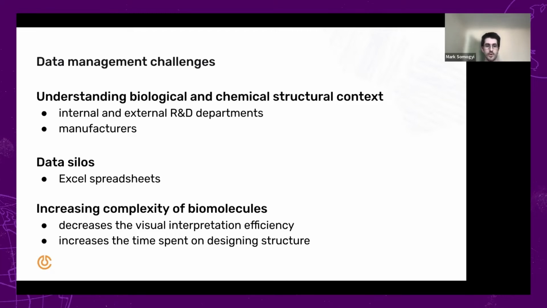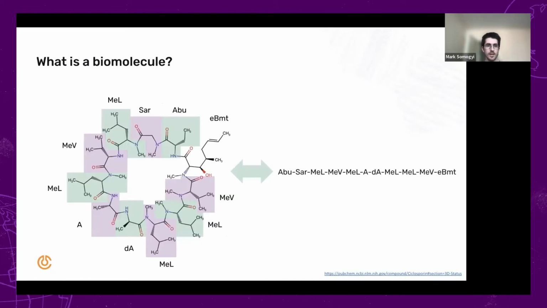And furthermore, due to the continuously increasing chemistry space, there is an increasing complexity of these biomolecules. Different permutations result in decreased visual interpretation efficacy, and scientists need to spend more time on designing structures, basically. I have mentioned the term biomolecule a couple of times, and it is time to specify what